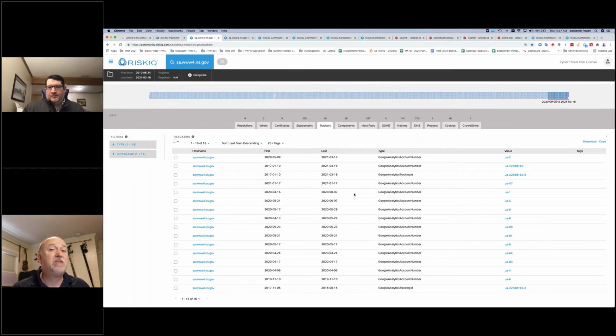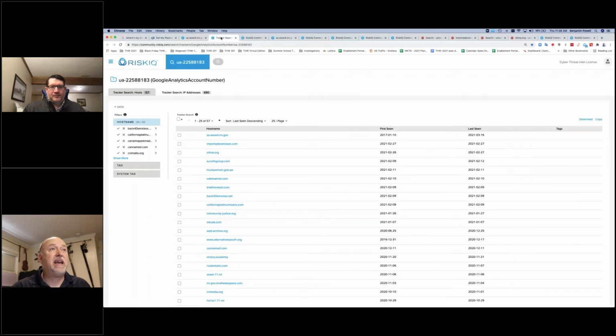So we can use PassiveTotal to do it. So if I come in here and take the second 2 values here, I'm just going to right click on that one, open another tab, right click on that one, open another tab. So now I've run a pivot search to say, look for this Google Analytics number and the tracking ID worldwide, okay? So the first one was that account number.